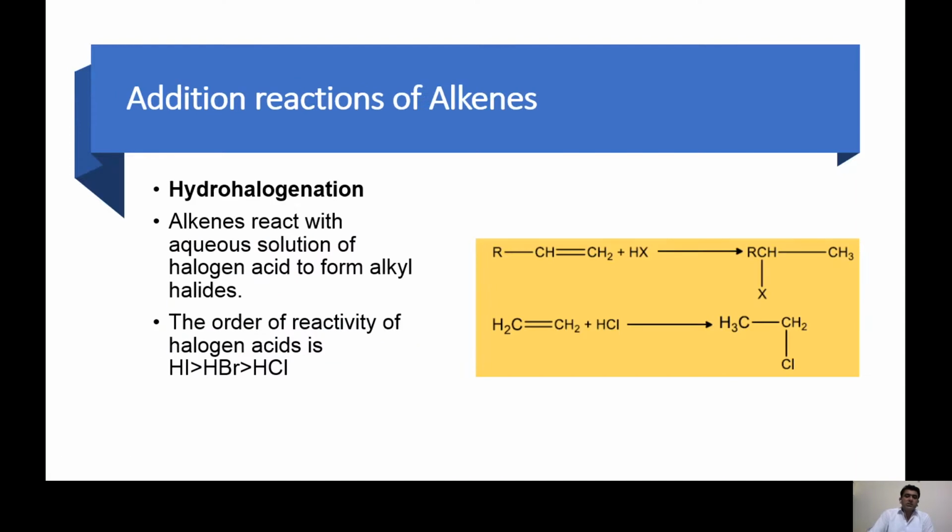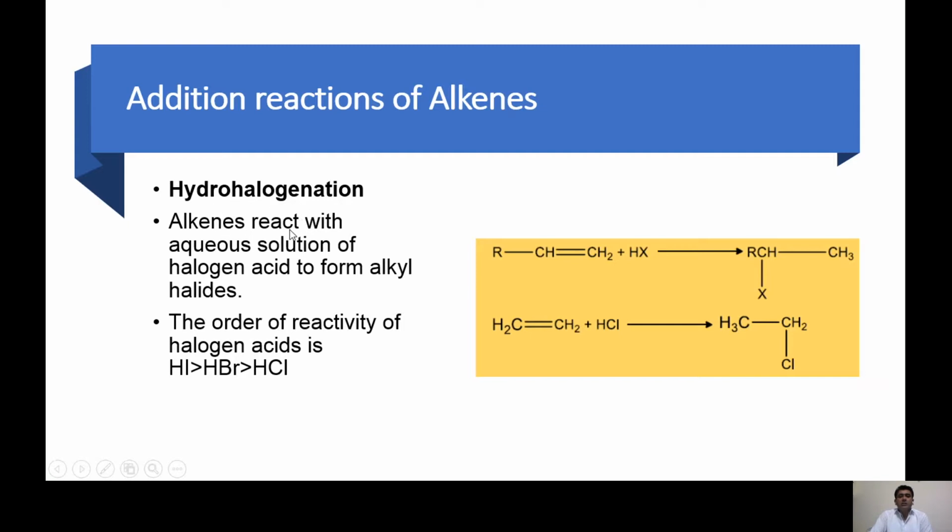In the last lecture, I discussed one of the addition reactions, that was hydrogenation. Hydrogenation means addition of hydrogen. We said that the alkene can be converted to the alkane by the addition of hydrogen in the presence of nickel as a catalyst, and we also use some other catalysts as well. So today, the second kind of addition reaction is halogenation,